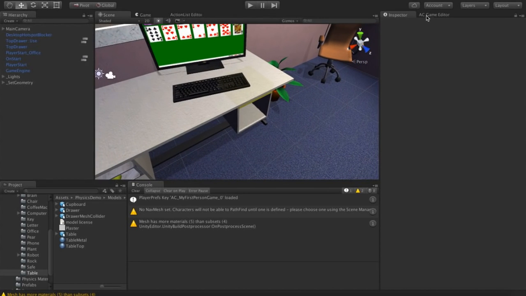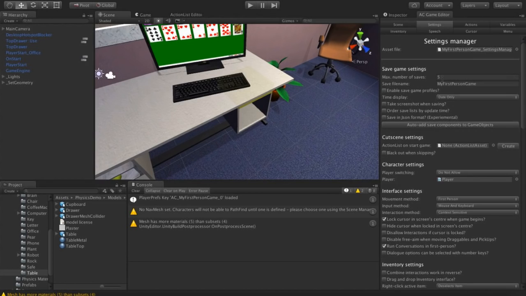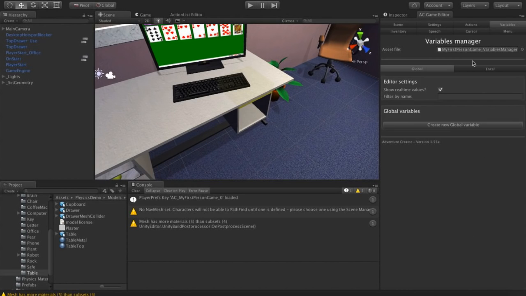We have two types of variables. We can see them both listed in our variables manager. We have global, which exist in all scenes, and we have local, which only exist in the scene in which you make them. And generally, you only want to make local variables whenever you can, because otherwise you're going to get a lot of clutter in your globals list. You really just want to keep things in local whenever necessary.